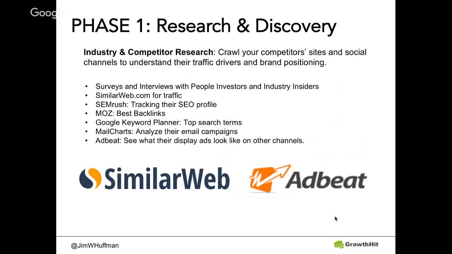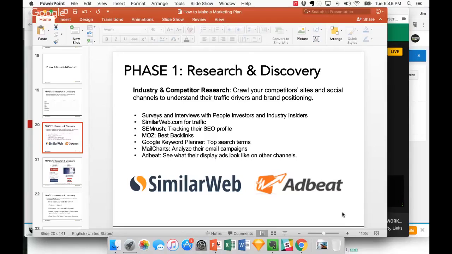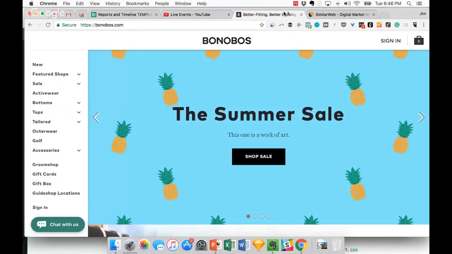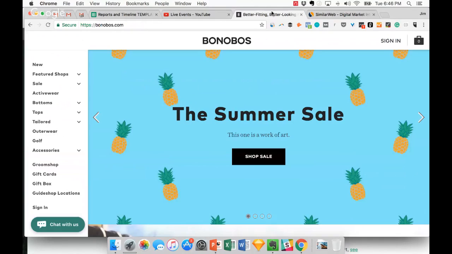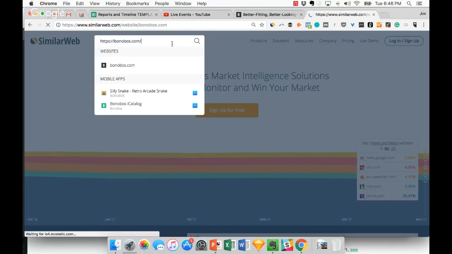The second phase is let's look at our competitors. So if we, again, we'll use the Bonobos example. If Bonobos is our competitor, what's working for them with marketing and what do their customers look like? So I'm going to jump out of this presentation and I want to do an exercise to kind of show you how you could do that. So this tool right here is called SimilarWeb. You guys have probably heard of it, but it allows you to crawl the website of a competitor or a comparable brand just to get some basic information.